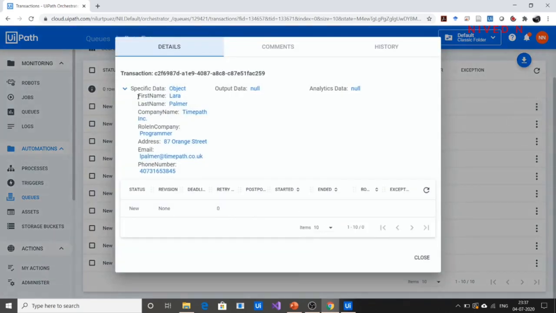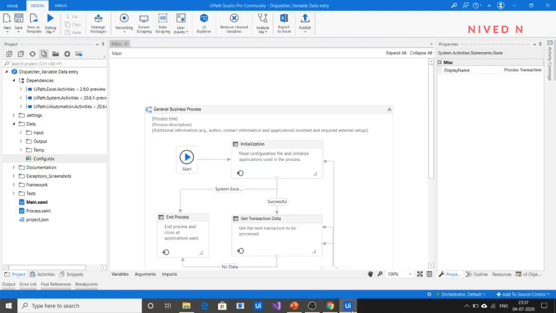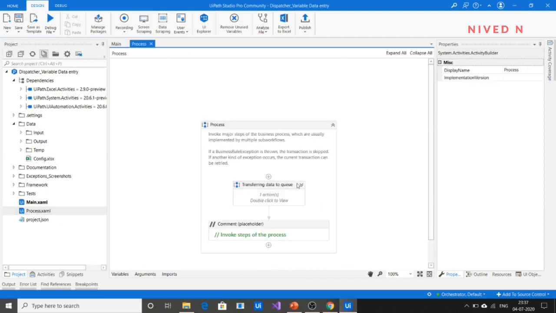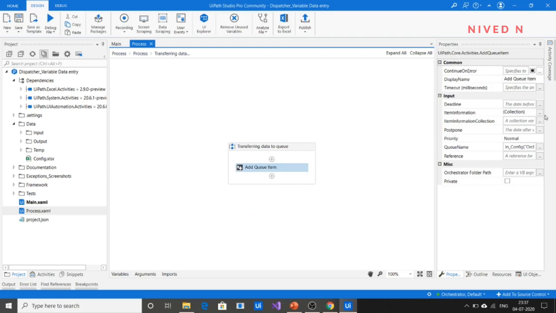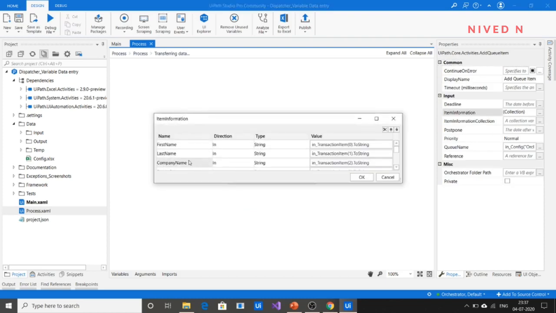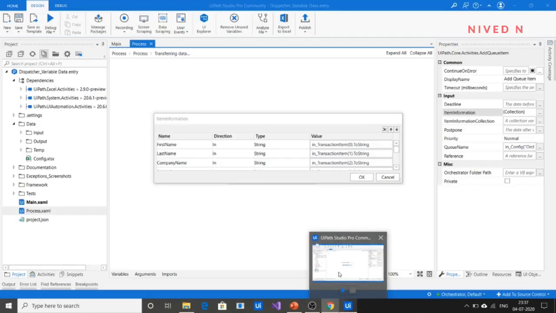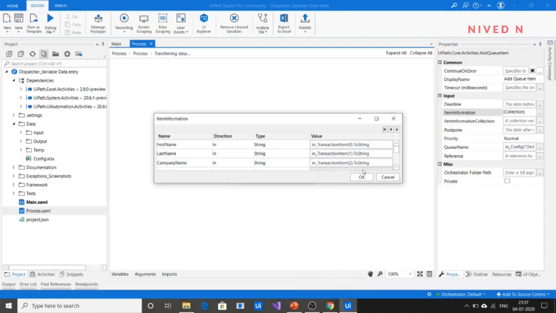We can see that because we have specified the collection. In the collection we have specified the first name, last name, company name, everything, and that is used for representing this. If you hadn't specified, for example, in the collection the first name, last name, and so on, they would not have appeared here: first name, last name, company name, role in company, etc. So what you have to understand is that even if you have a transaction item, a row of items,